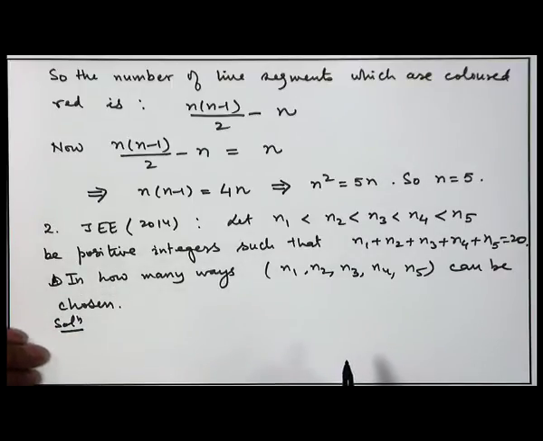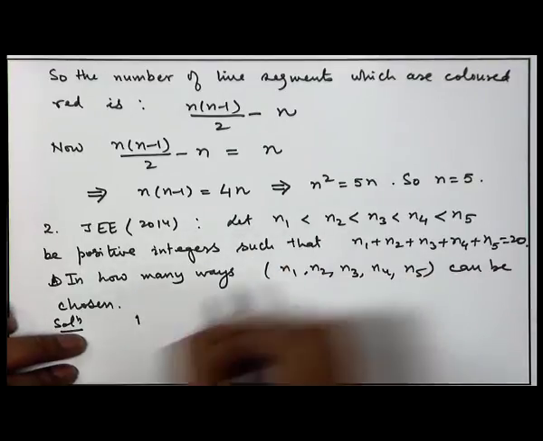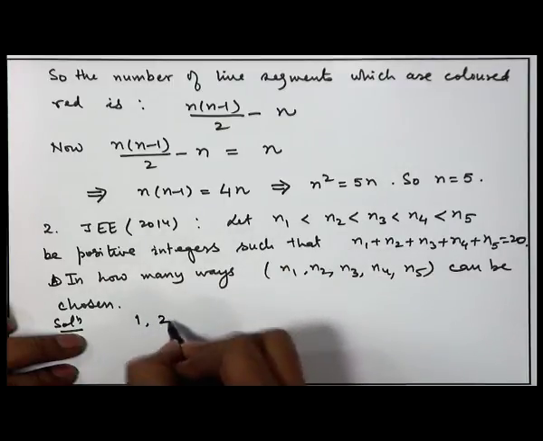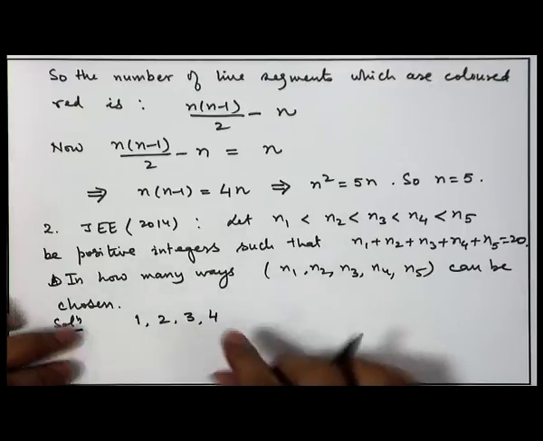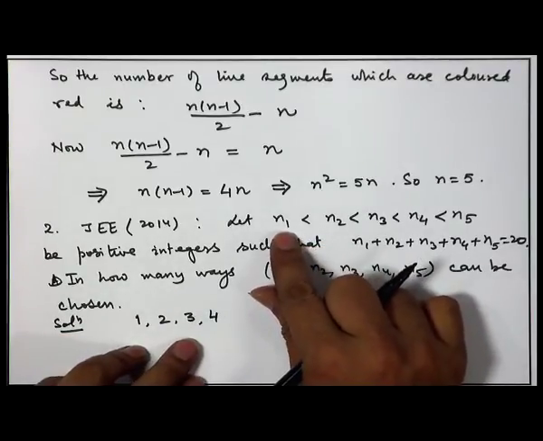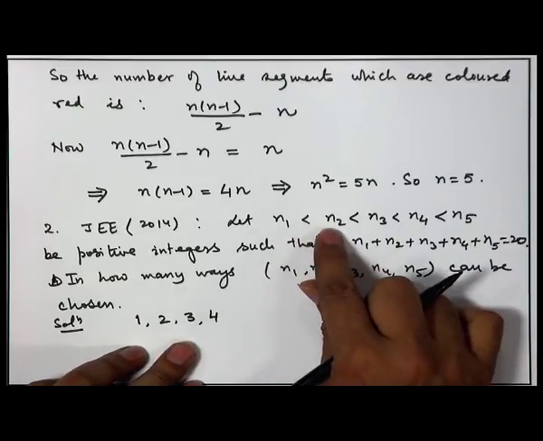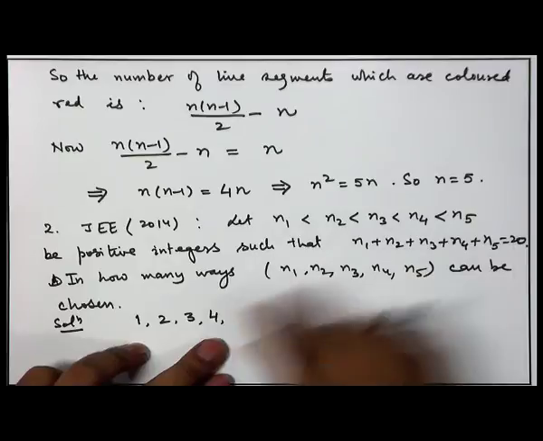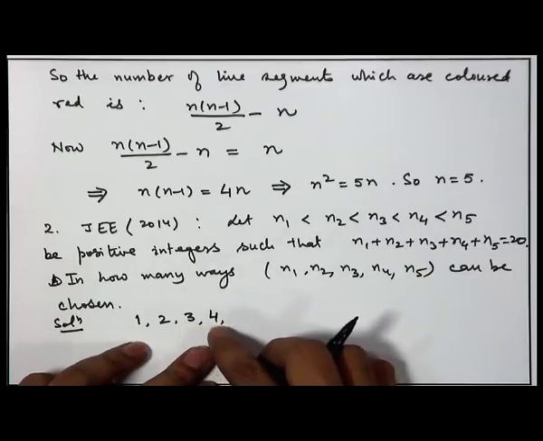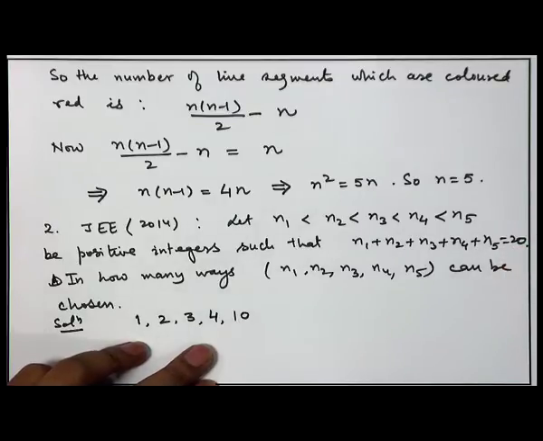Now, we can start from the minimum. So, if we consider, say, assignment n1 = 1, n2 = 2, n3 = 3, n4 = 4. Now, you see what I have done: I have chosen the smallest possible values of n1, n2, n3 and n4. So, now the remaining choice is for n5. The sum of n1, n2, n3, n4 is 10 and the total is 20. Therefore, it is mandatory that n5 has to be 10.